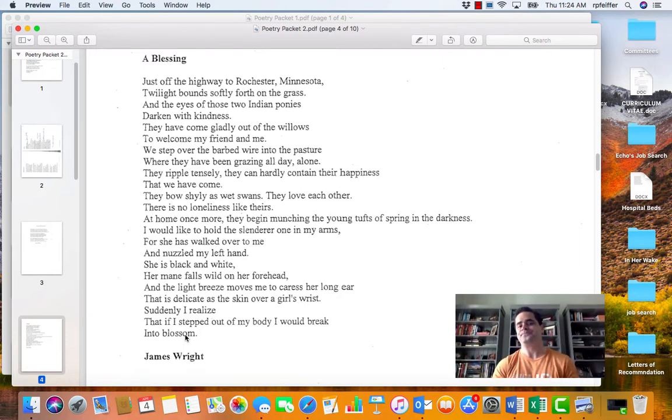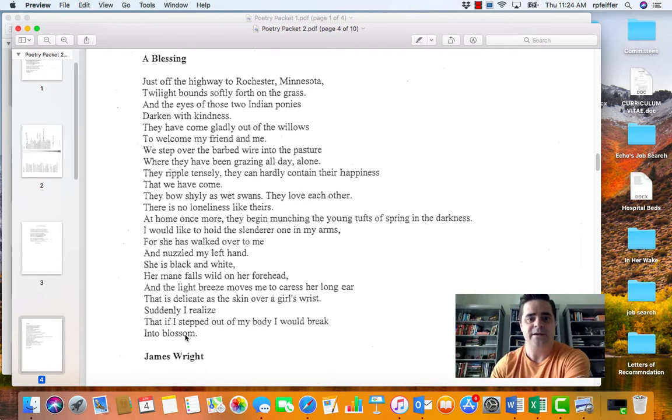Okay, so if we start the poem, "Just off the highway to Rochester, Minnesota, twilight bounds softly forth on the grass, and the eyes of those two Indian ponies darken with kindness." Just those first 4 lines. If we look at each line, each of them has a sense of completeness. "Just off the highway to Rochester, Minnesota." It's an idea that we get. "Twilight bounds softly forth on the grass." Perfect. And "the eyes of those two Indian ponies," we see them, the 2 eyes of the 2 Indian ponies,